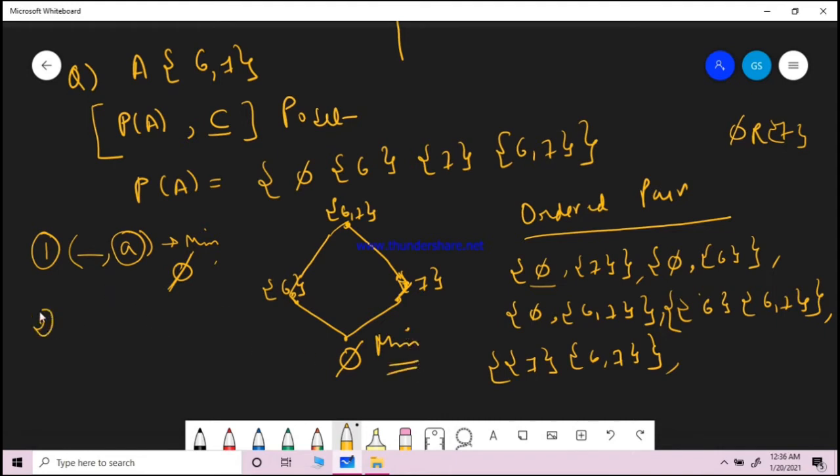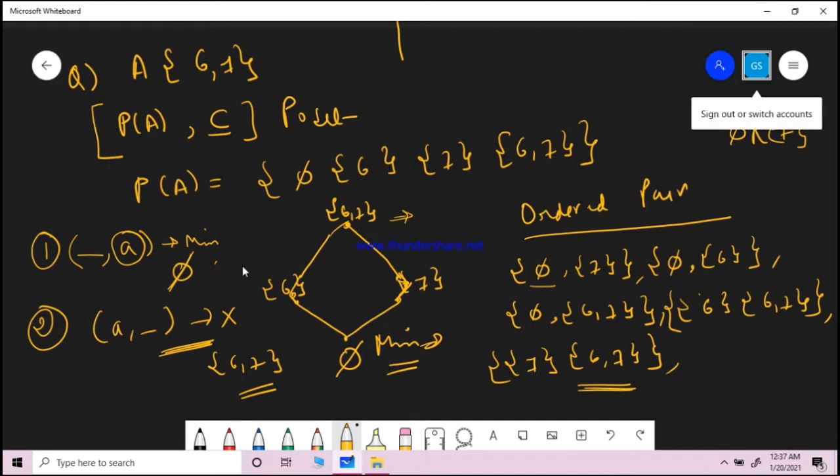Okay. And what will be the maximal element? See this. This never appeared in the left hand side. I mean this condition is never true for 6 comma 7. So this is the maximal element and this will be your minimal element. So any of these tricks you can use to find out the maximal and minimal element within your poset. Now consider some examples, and in these examples you have to first draw the poset and then find out the maximal and minimal element from the set.